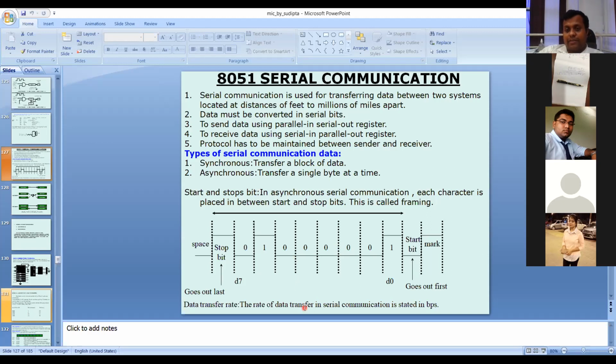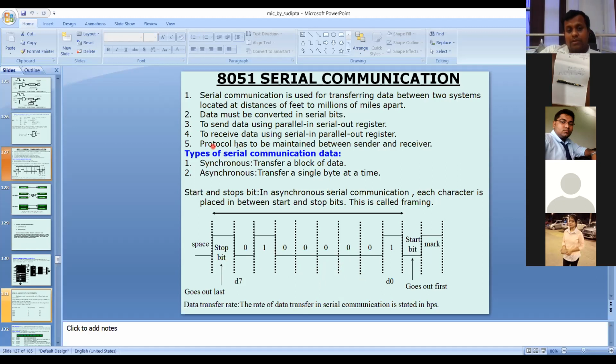Is it clear to everyone? Yes, sir. I repeat once again. This is an 8-bit data frame. Sometimes your data frame may be 9-bit. The 8-bit mode is called 8-bit UART, Universal Asynchronous Receiver and Transmitter. Sometimes it will be 9-bit UART. 9-bit UART means either one extra data bit, either 2 stop bits, either 2 start bits, or an extra 1 parity bit. Whatever, it will depend upon the protocol. Protocol means protocol, you know?